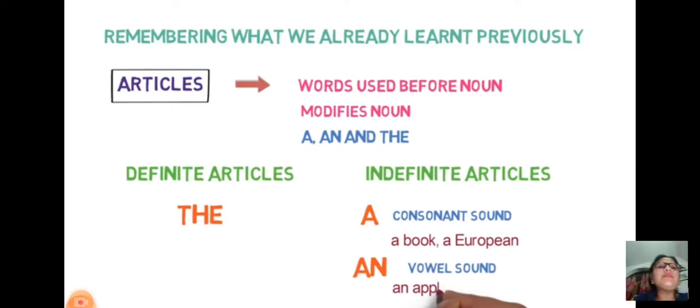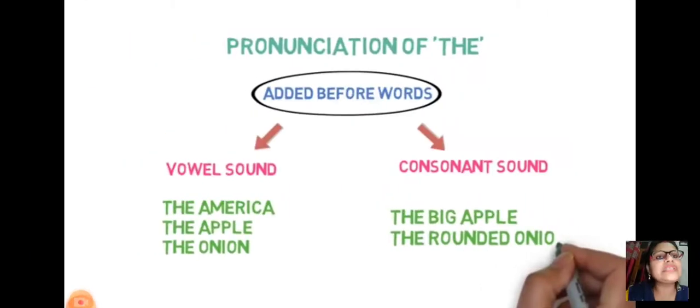Today we are going to discuss the five usages of the in the English language. So let's start. First of all, most of you have studied that somewhere the pronunciation of the is used like 'thee' and somewhere it is used like 'thuh'. So how can you justify where to use which? There is a very simple logic behind that.